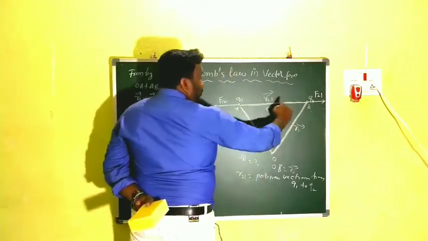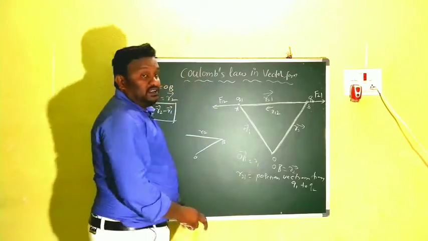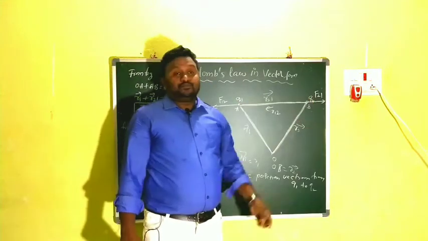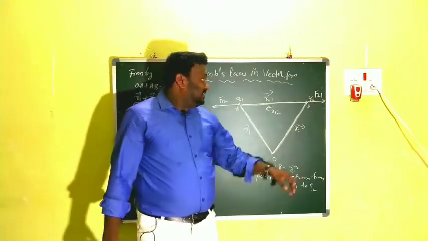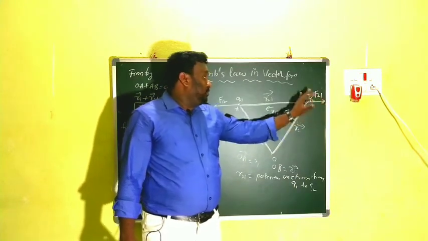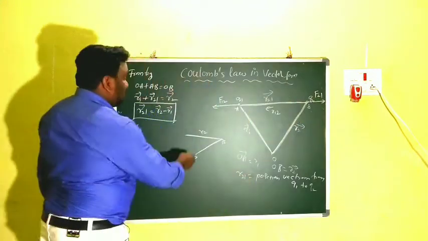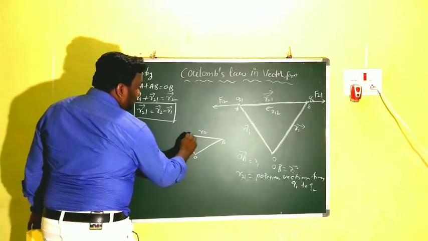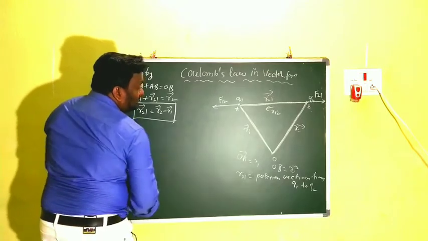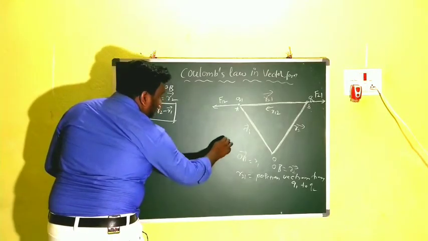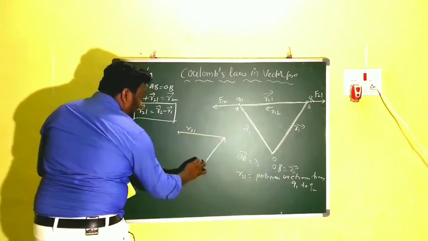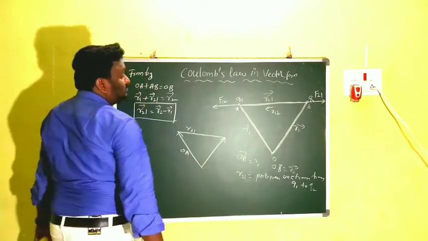Clear? R21, I told you at the start of this lesson, is the position vector from Q1 to Q2. Now I am saying that R12 means we are taking the position vector from Q2 to Q1. So here this is R12 and now we are taking another one. That is OA. OB, simple. The first thing is OB. Next is R21, and now we are adding like this. This is OA. Clear?